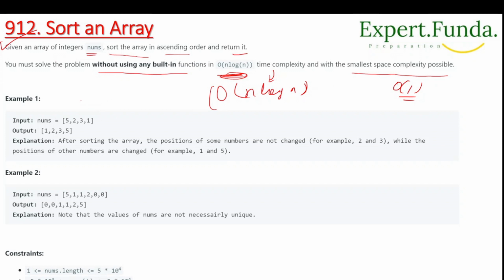Now, this is the array we have been given: 5 2 3 1, and the output is 1 2 3 5. After sorting the array, the positions of some numbers are not changed, like 2 and 3, while the positions of other numbers are changed, like 1 and 5. So what we are talking about here is, let's suppose